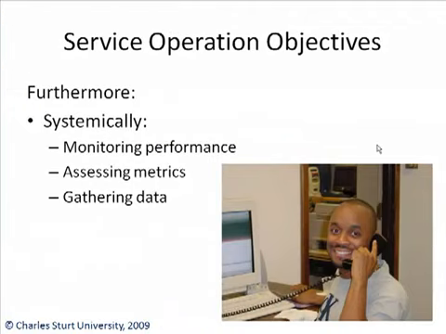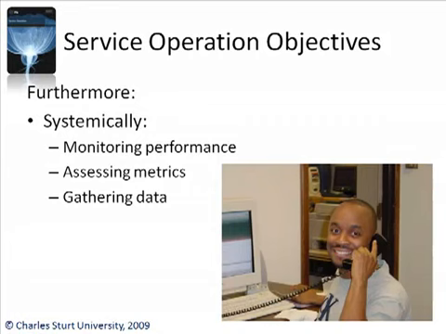And of course there are always more service operation objectives. It's also about systematically monitoring the performance and monitoring the efficiency and effectiveness of the infrastructure. Are the servers up and running? Are the applications up and running? Is the network okay? What about performance? We need to know how well we're doing. We need to capture the metrics. We need to gather data, because if we don't know how well we're doing, then how the heck are we going to improve at all? How do we know if we don't capture the right data? How do we know we're delivering the services against the expectations and needs of the customers and the users out there? Not knowing means not being able to manage. Knowing means being able to manage.